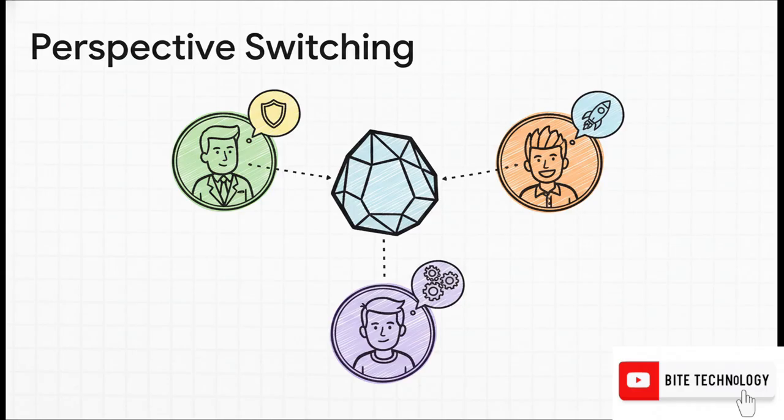Okay, next up, perspective switching. This is so cool. It's like having a board of expert advisors in your pocket, ready to go at any moment. You can tell the AI, okay, analyze this problem from the perspective of a super conservative CFO who's worried about risk. Then, now do it again as an aggressive marketer who only sees opportunity. You can get all these different viewpoints instantly, which helps you break free from your own tunnel vision and see the entire picture, the good, the bad, and the ugly.